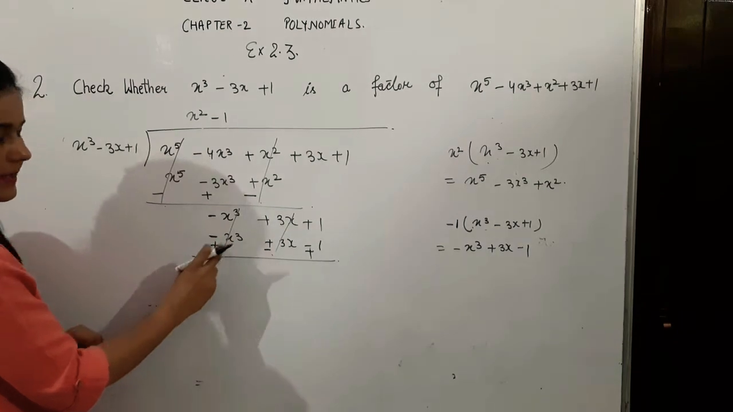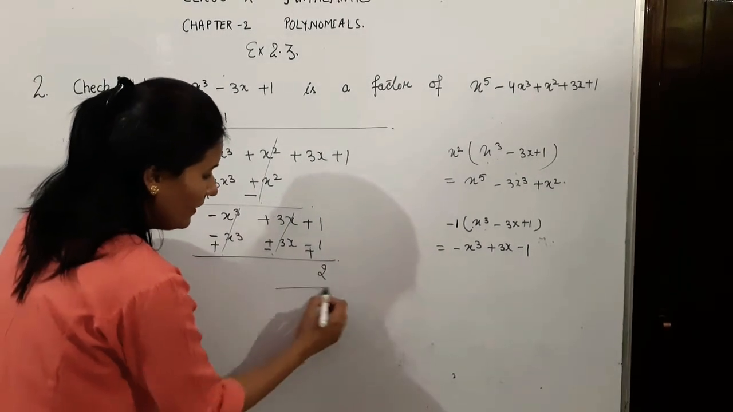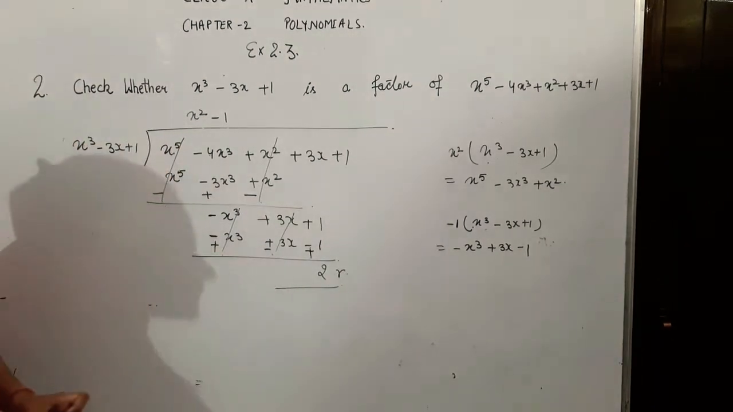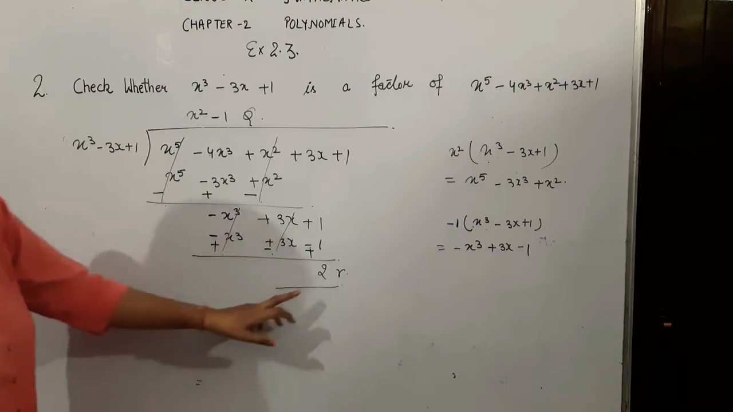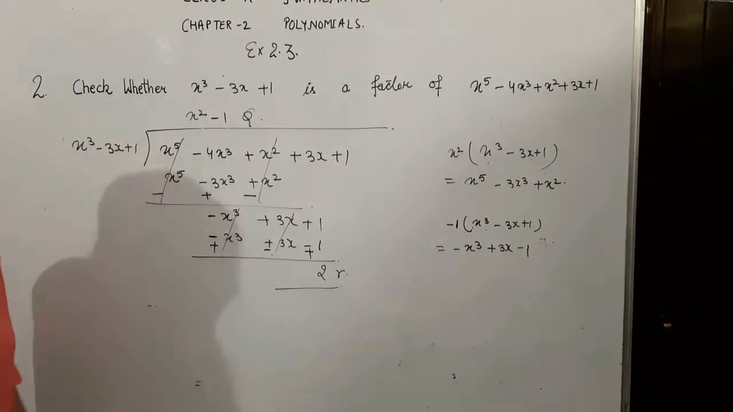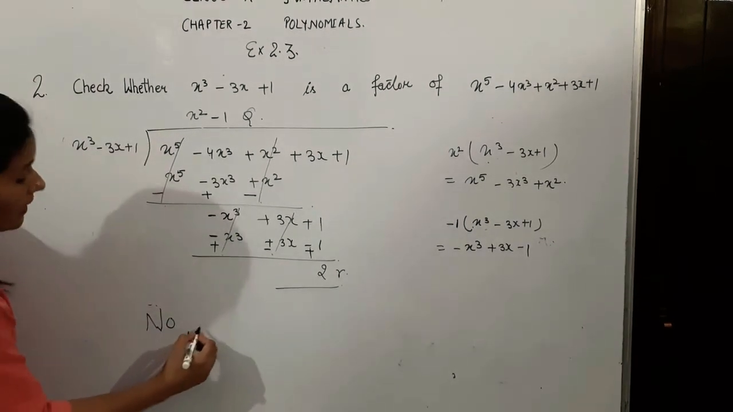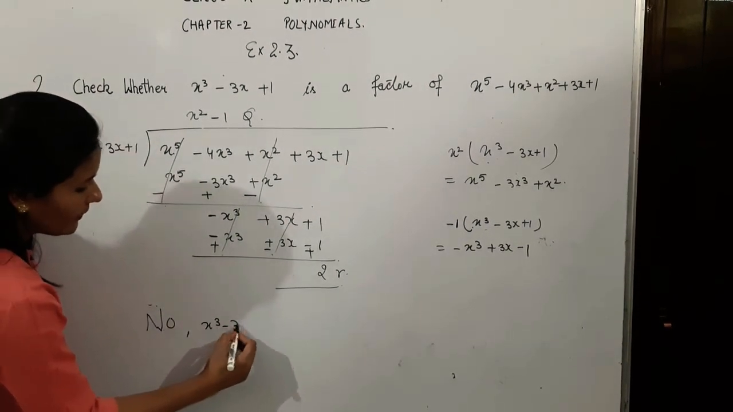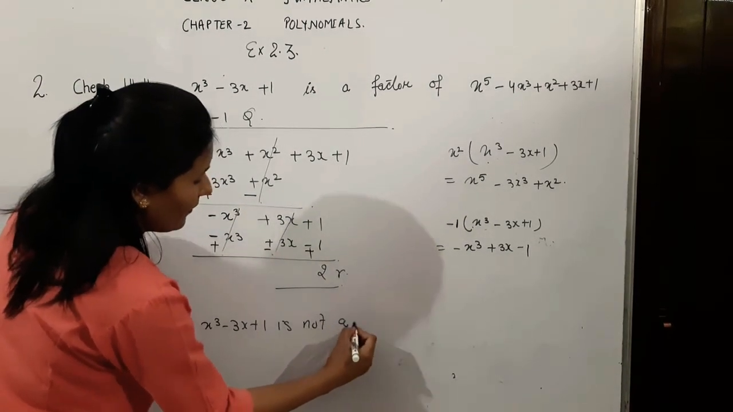and here these two numbers are cancelled, these two numbers are again cancelled, opposite sign, 3x minus 3x, minus x cube plus x cube. So, these numbers are cancelled and 2 is the remainder. Right? This is our quotient. So, we are getting 2 as a remainder, so we will write no, x cube minus 3x plus 1 is not a factor